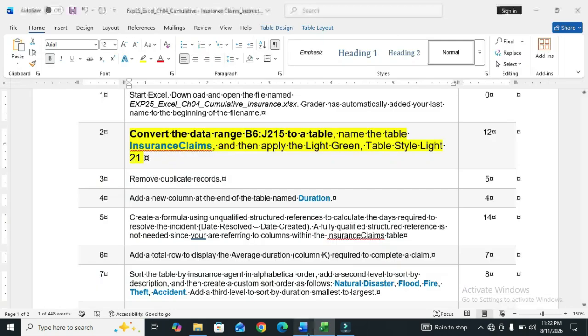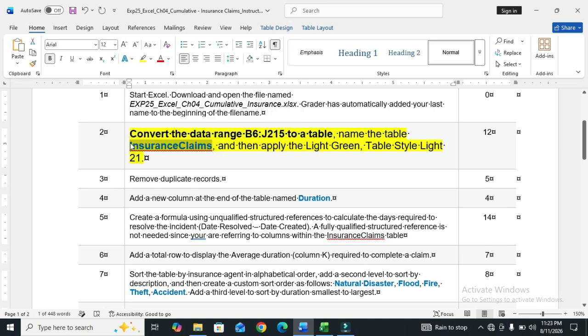The next part of this step is name the table InsuranceClaims.